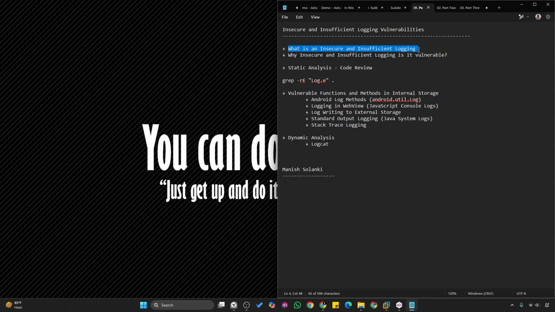Okay. So now, whenever I cover any Android vulnerability in DIVA, I will cover static analysis. In static analysis, we will understand the code, where the vulnerabilities exist in the code. Second, we do dynamic analysis. In dynamic analysis, we do not need to look into the code, but we perform direct attacks. From the behavior analysis, we get to know that vulnerabilities exist in the Android application. Before doing static and dynamic analysis attacks, first we will understand various functions and methods